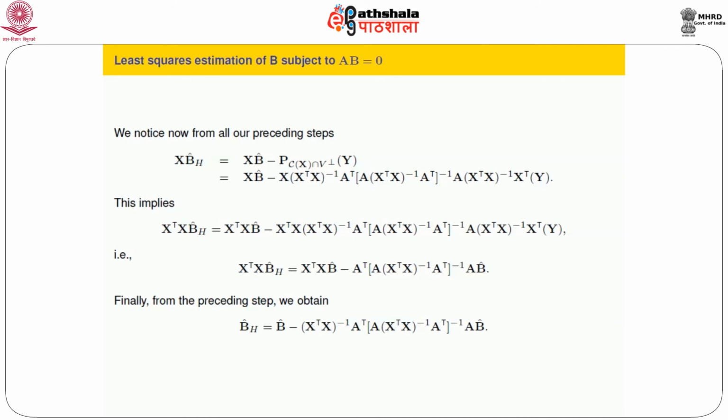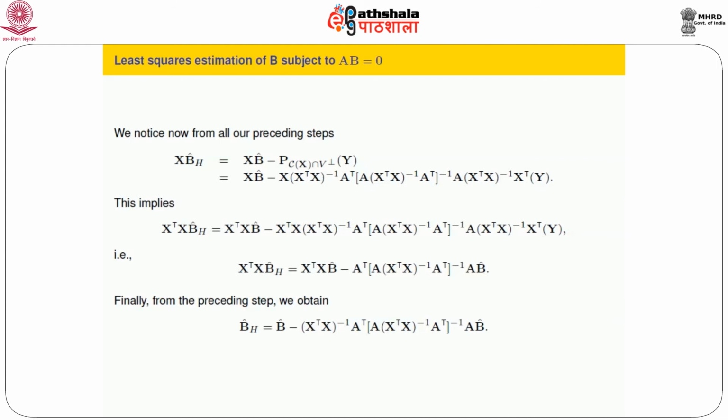We get the following: if we pre-multiply by X transpose X inverse, I get b hat h, b hat minus, etc. Right? And pre-multiply by this means here I am pre-multiplying by X transpose X inverse. Now if we just mechanically multiply this both sides by A, we shall see that A b hat h is equal to A b hat A X transpose X inverse A transpose. So this part cancels each other. So A b hat minus A b hat is equal to 0.